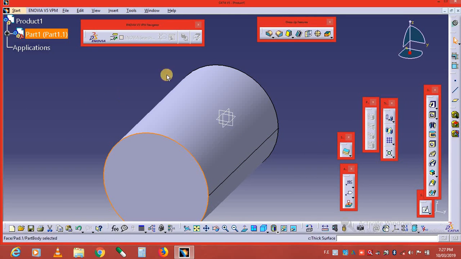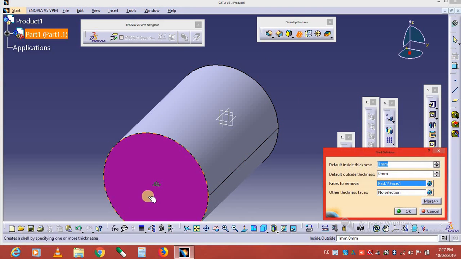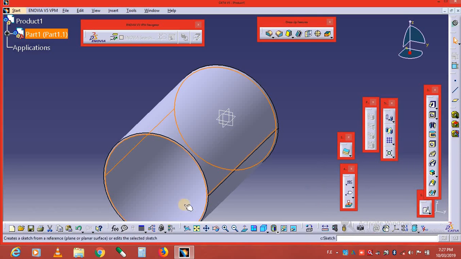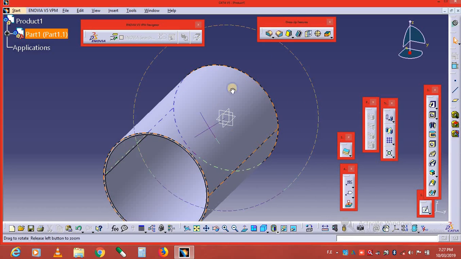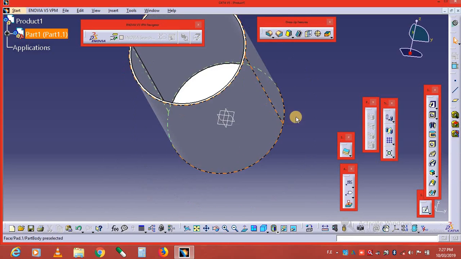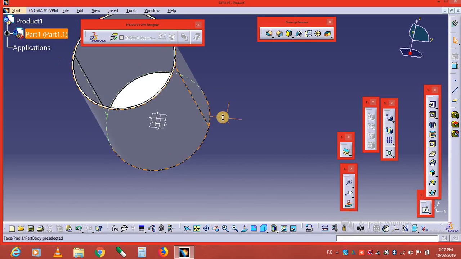Shell means material removal. We select the removable face, and we press 1 mm thickness. Here we are taking 2 mm thickness, and going to OK. And this is the output of this shell command. You see, this is